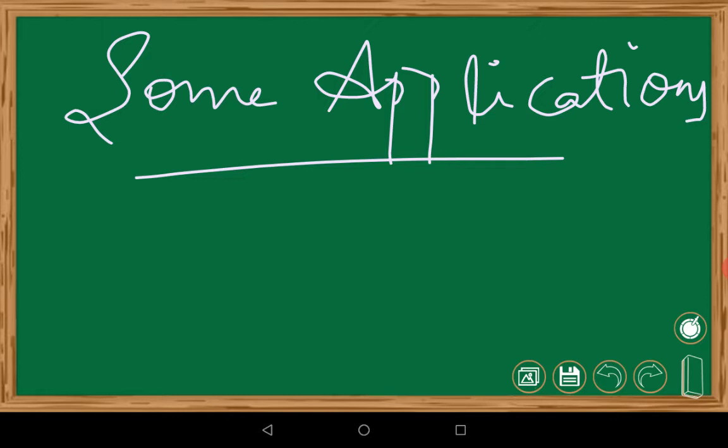Now, some applications. One person asked me a puzzle. Sum of two numbers is 74. One of the numbers is 10 more than the other. Then what are the numbers? He got confused, he didn't understand what to use. So that is one of the applications where we are going to use linear equations. Let's get started with the question.